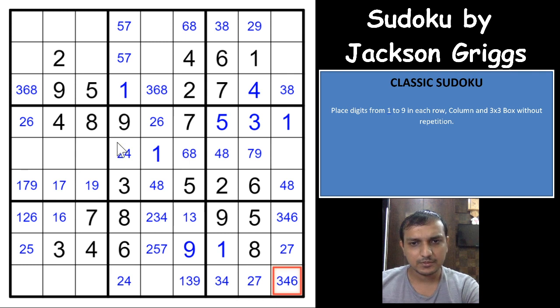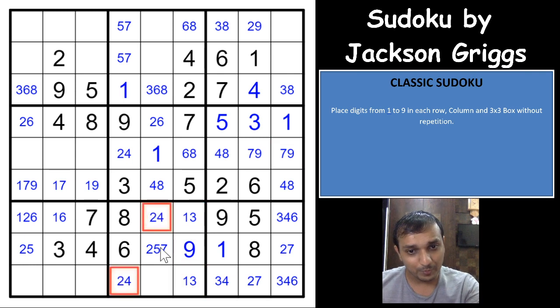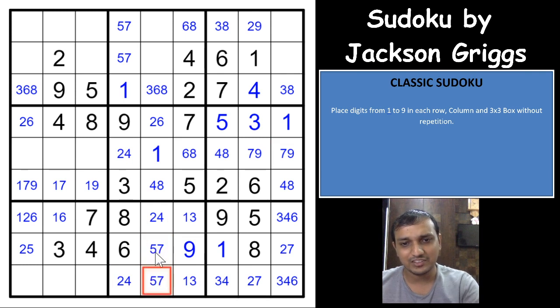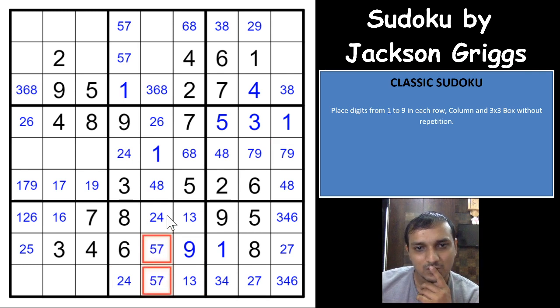Okay, so 4 8 pair here, so this would have to be 7 and 9. We are getting pairs and triplets here, guys. This is excellent. This is really excellent. You won't have a 9 here, so you have 1 3 pair here as well. So that eliminates 3 from here. You have a 2 4 pair, that eliminates 2 from here, and you get a 5 7 pair. Wow. So that's nice. That is actually nice.